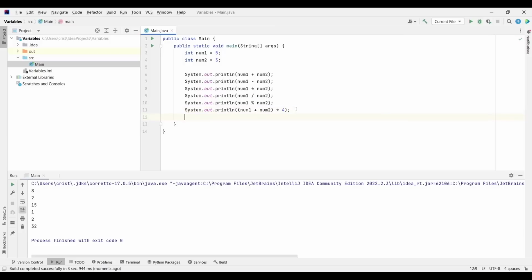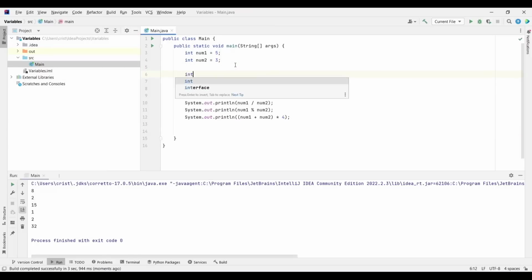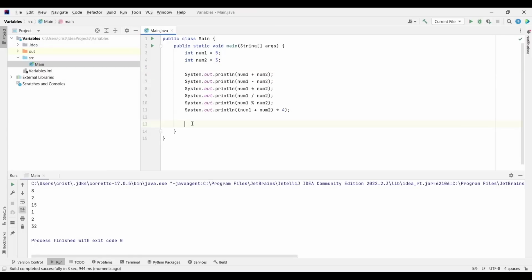There is also something which is called abbreviation. So what you can do, let's say I can declare another variable here. So I will type here int, let's call it my number equals 0.